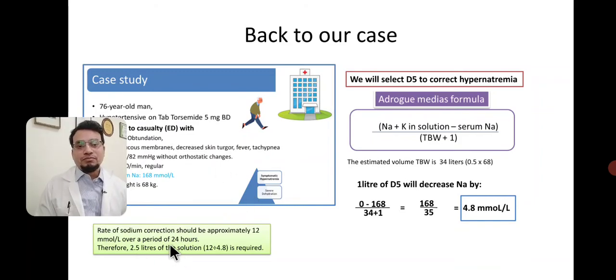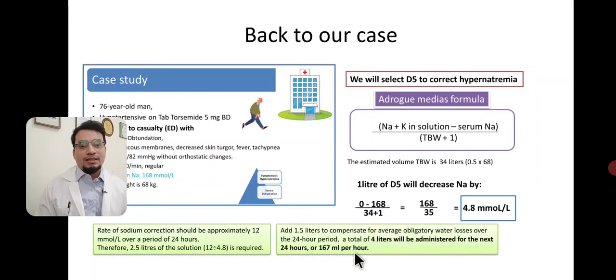Therefore, the maximum correction will be 12 millimole per liter over 24 hours. So 2.5 liters of solution, that is 12 upon 4.8, will be required to correct the sodium, and adding 1.5 liters to compensate for the average obligatory water losses over a day, a total of 4 liters,